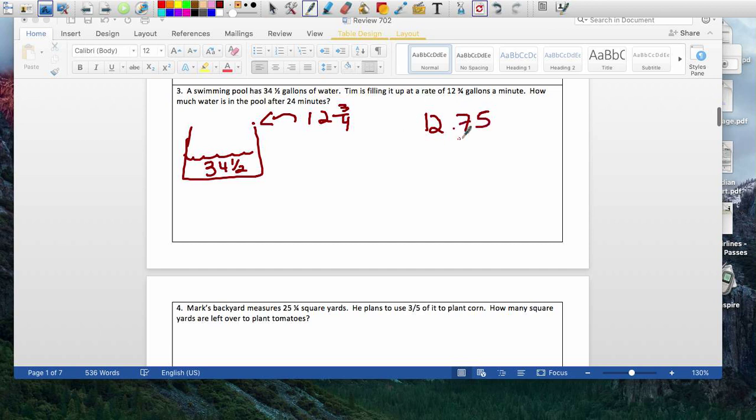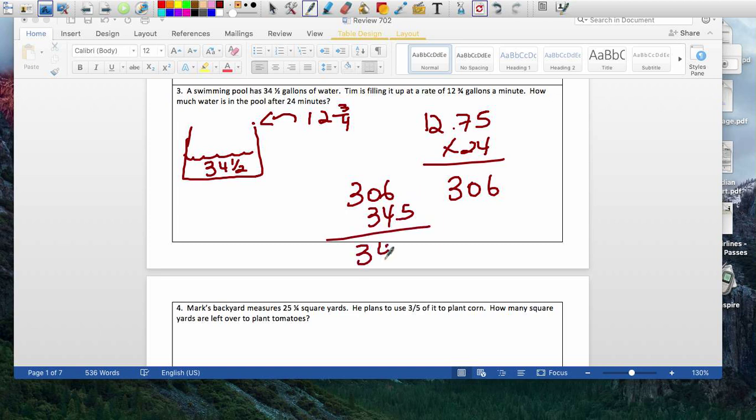And we're going to multiply that times 20. So you could have done that as a fraction. I'll choose this because I think it's easier. So 306 gallons went inside this pool after 20 minutes. So it had 306 plus 34.5. So you're going to have a total of 340.5 gallons after 20 minutes. Okay,